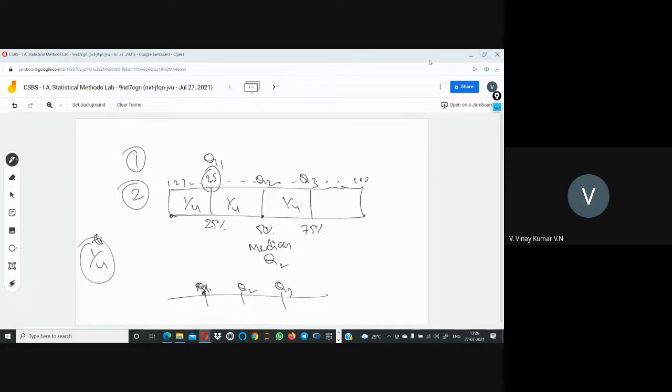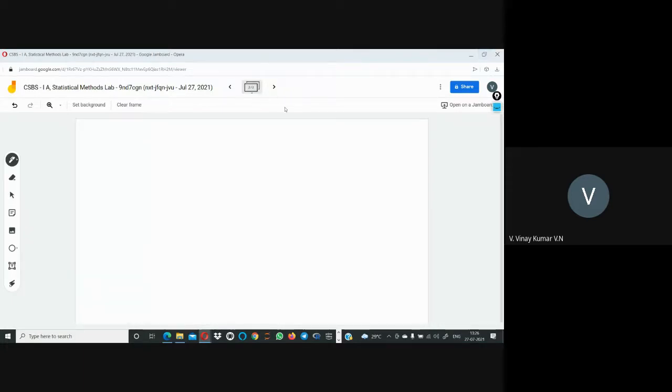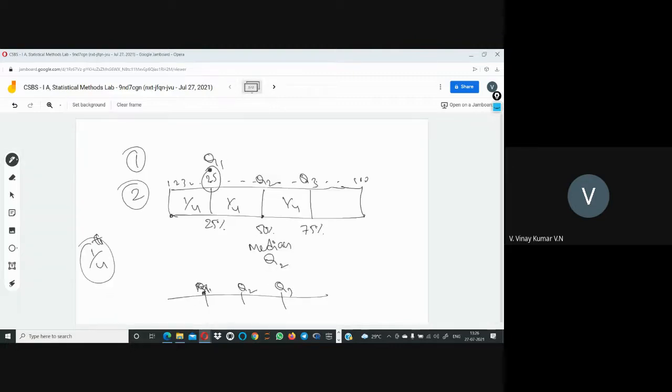So these are nothing but quartiles. A quartile is a one fourth ratio of the given data. If you are taking the first one fourth, we call it quartile one. The first 50% of the data we call quartile 2, and the first 75% we call the third quartile.